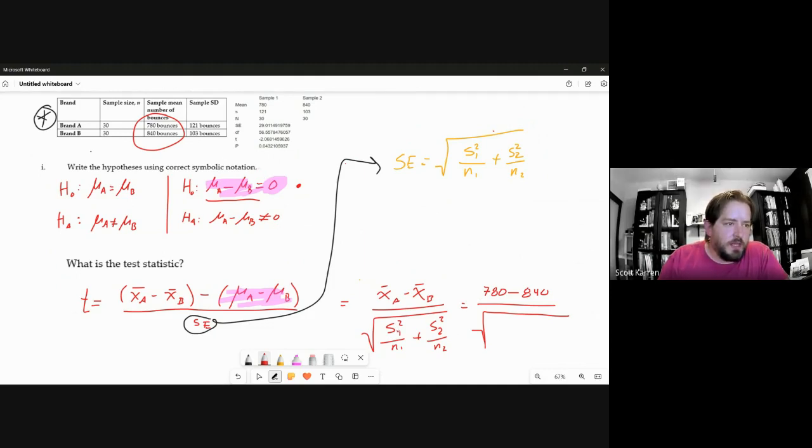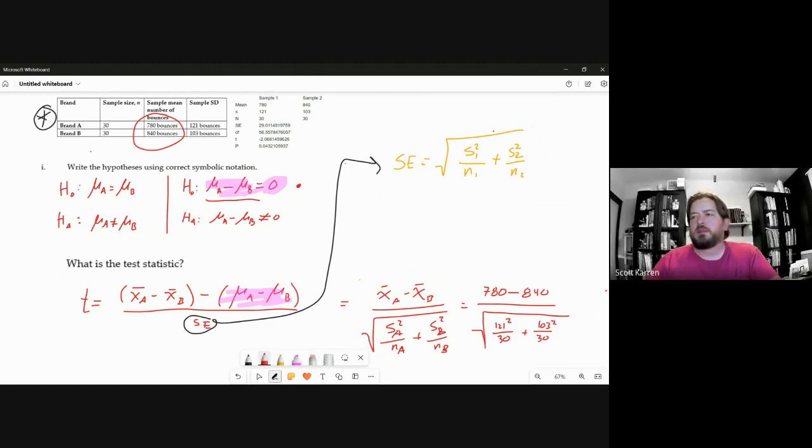These should be A's and B's. So standard deviation of A was 121. So 121 squared over 30, because they chose 30 from A, but they also chose 30 for B, so that's kind of nice. And then that's 103